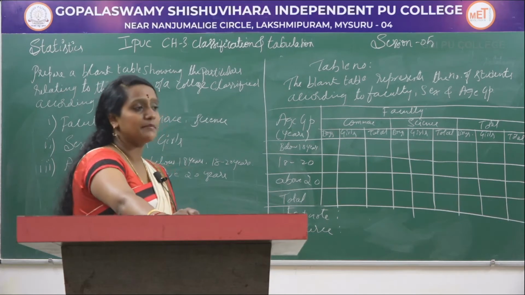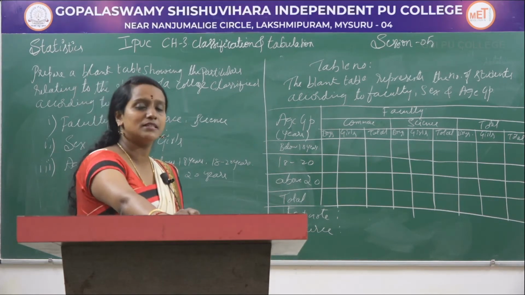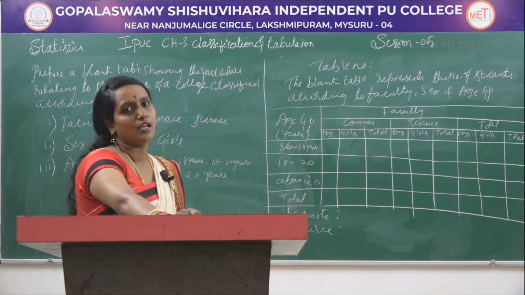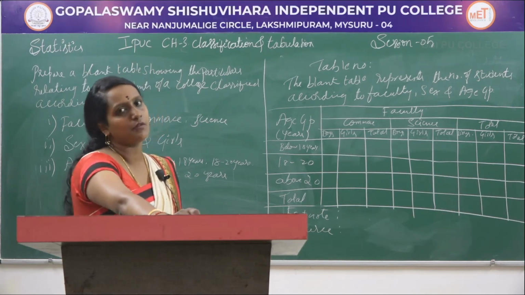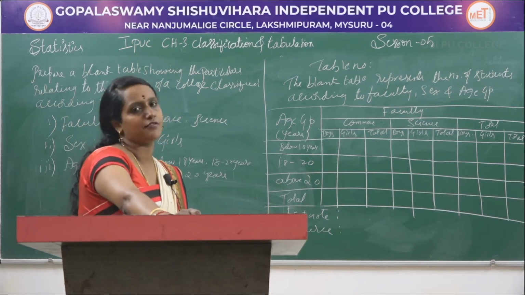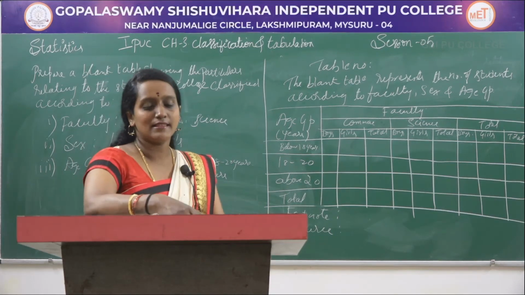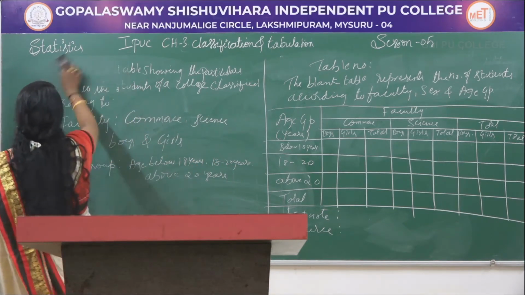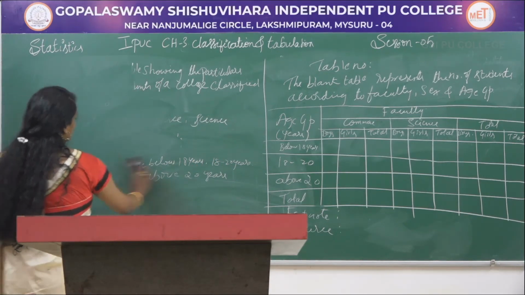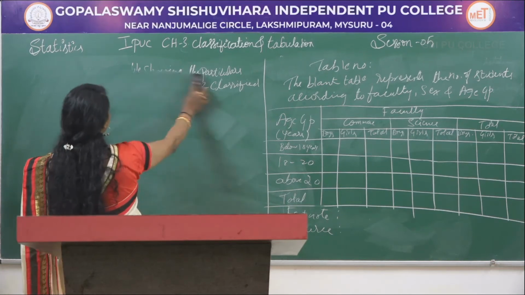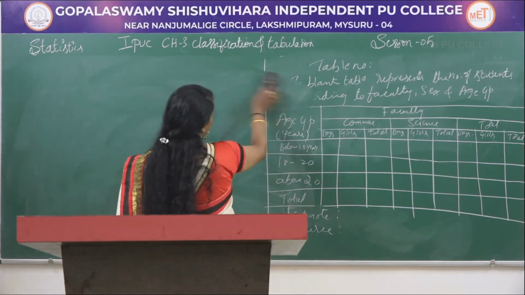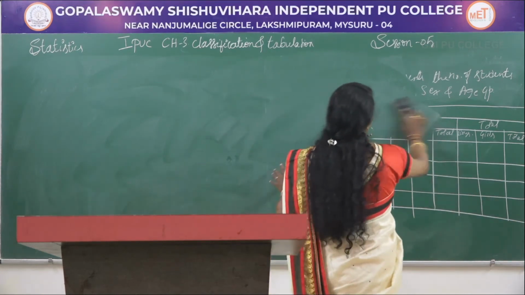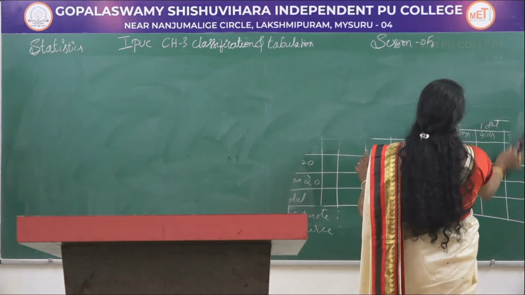Okay. In examination, this will be one compulsory question in section C. In all the question papers, you are having one blank table. You have to draft one blank table. Okay. And let's see this blank table with some numbers, some entries we are having. How to fill the numbers or how to complete the table for the given data. Let's see that problem.